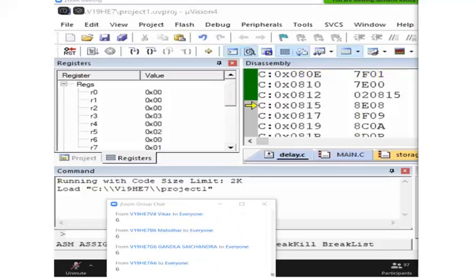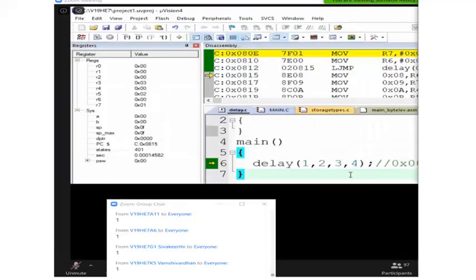How many long integer arguments can be passed? 1 only, yes. Very good. So now you are with the point. In this way, your arguments are passed through the CPU registers when they are in terms of bytes.